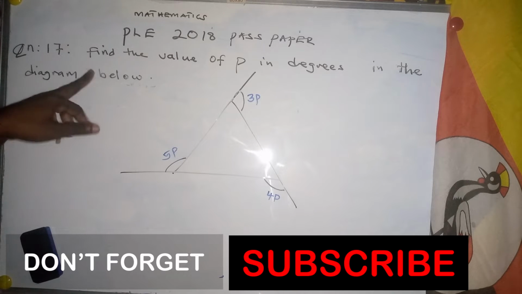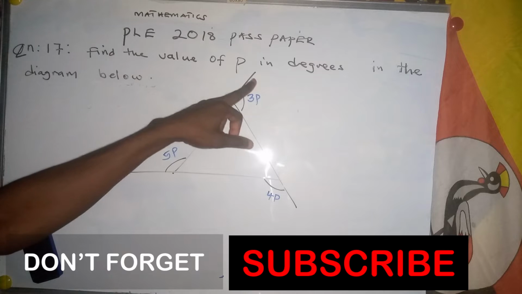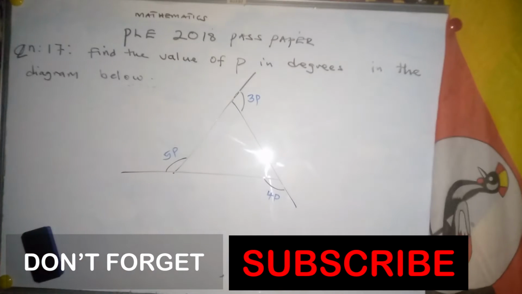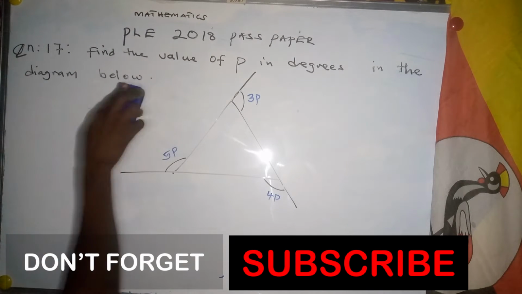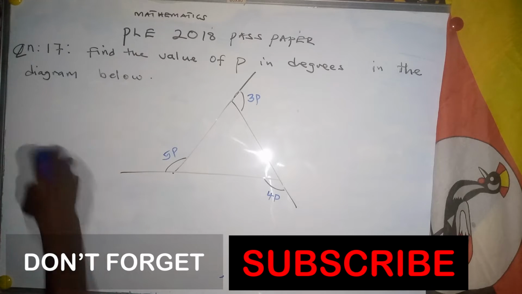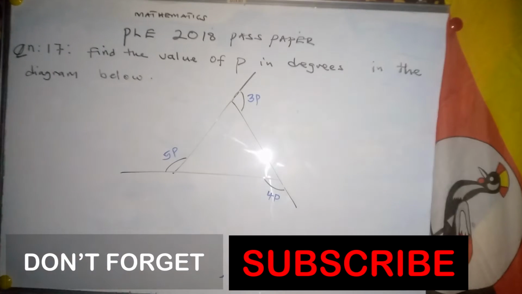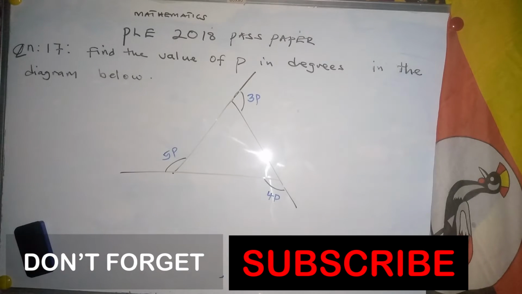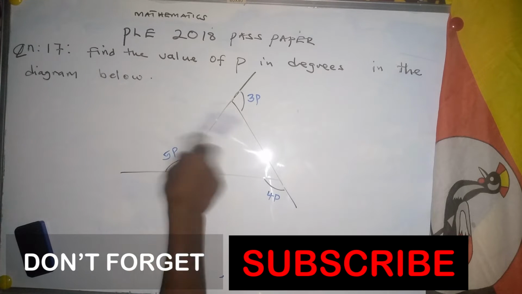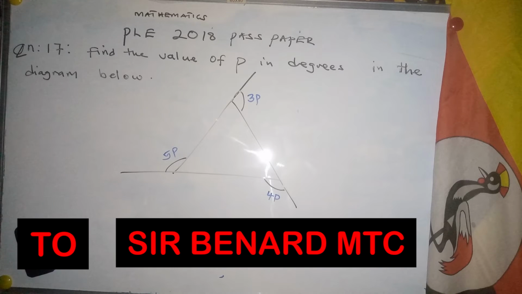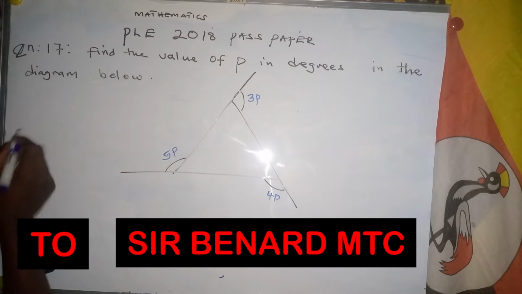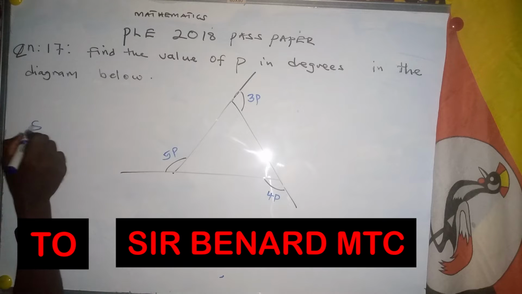Find the value of P in degrees in the diagram below. The diagram is here. So this diagram has exterior angles. The side angles, we call them exterior angles. And exterior angles, remember, the sum of exterior angles